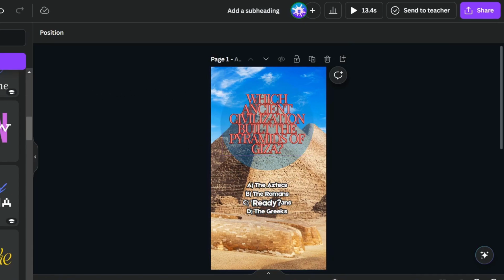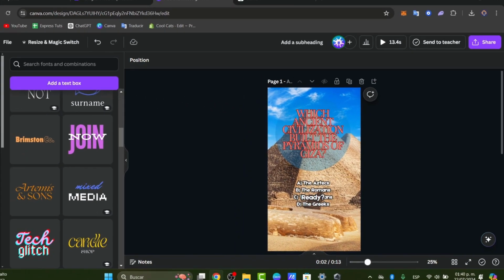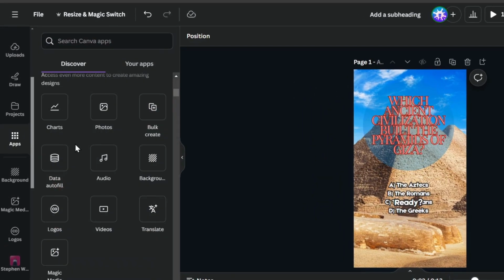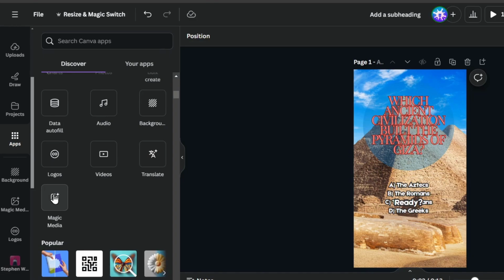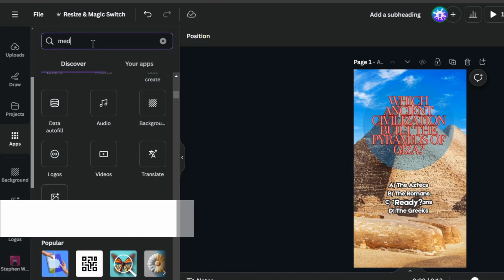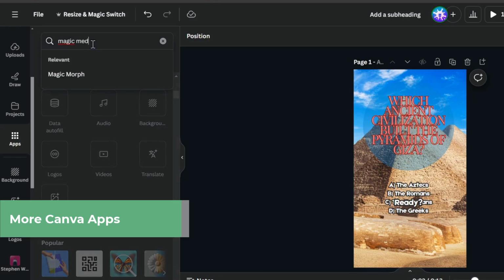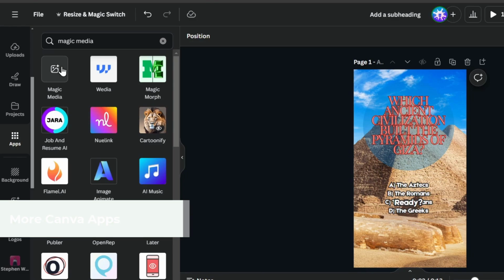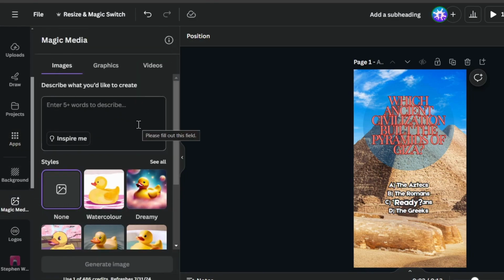If I focus here with Canva Pro, let's go into Leopard and let's look out here for applications. Into applications, you can look out for something called the Magic Media, or just look up here into the upper side, it says search Canva app and go for Magic Media. Type enter and you can see that here into the upper side we have the Magic Media. This is one of the best tools into the 2024 now that we have access to artificial intelligence using Canva. So you can describe what you'd like to create. So for example, let's say I create a 1080